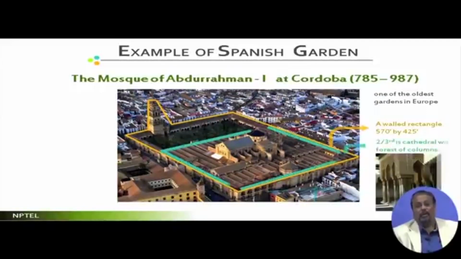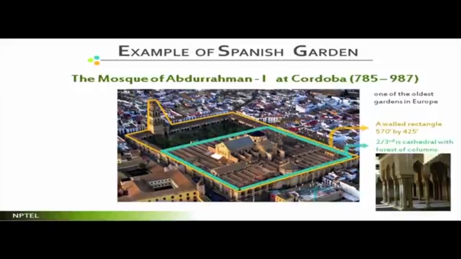Now this one-third that they have reserved is very methodically and geometrically planned, but that should not give us the idea, or we should not conclude from here, that the Spanish garden is highly geometric. No, because it was the first one that they have done, and this particular example is being cited all over by the historians of landscape, because in an area where people are going to congregate, they require shaded zones. They cannot be covered or sheltered in the entire structure. So the idea was, even if there are open spaces, let there be shades.